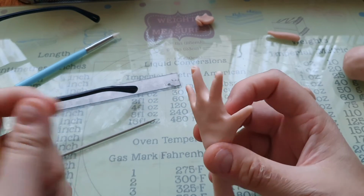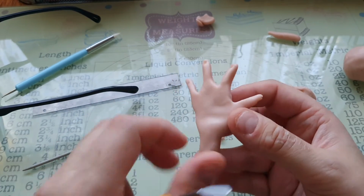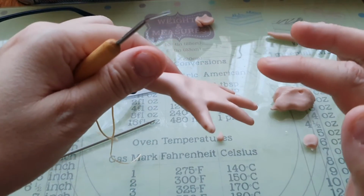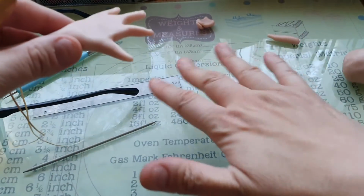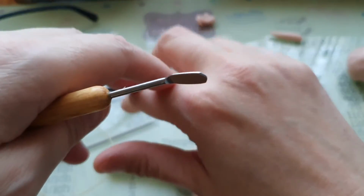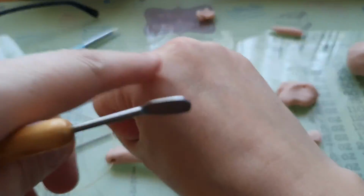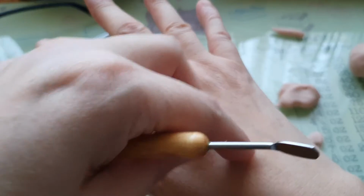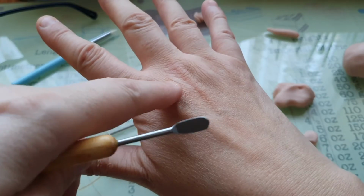But with these being rat's hands, I don't want them to look ultra realistic. And I mean, the back of the hand here, you can say it's pretty flat. You could go in with some more clay to raise it up a bit because you haven't got a flat hand. And on some of them, if I'm doing a zombie or something, the veiny bit here, to make it more pronounced, I'll roll a sausage of clay out, put it in alignment with the knuckle, and